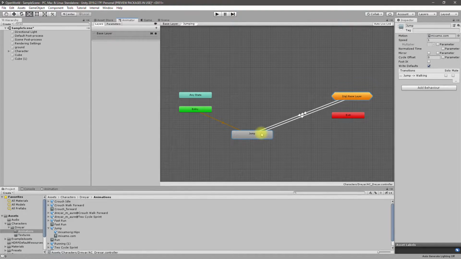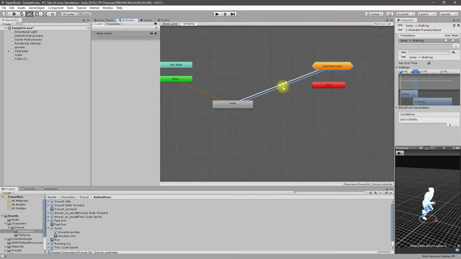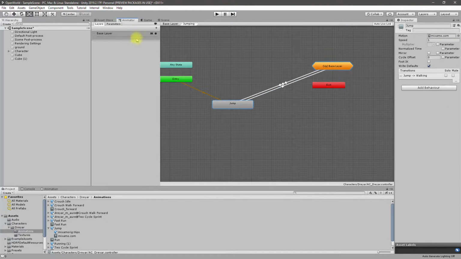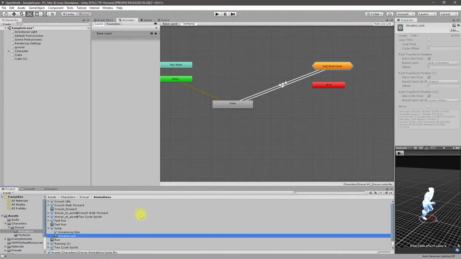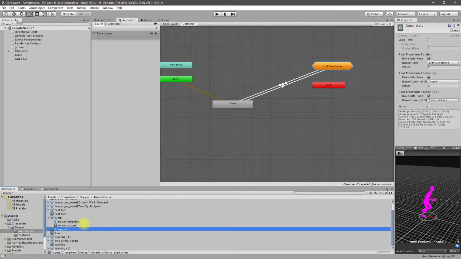Alright, so here, instead of this one, let's duplicate this animation with Ctrl D, and I'll call that jump start. So this should contain